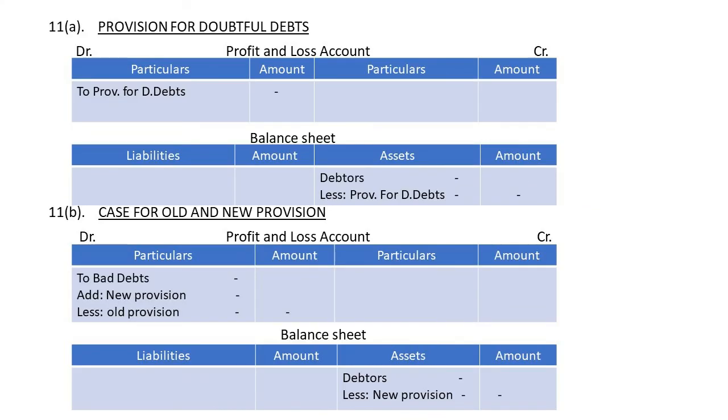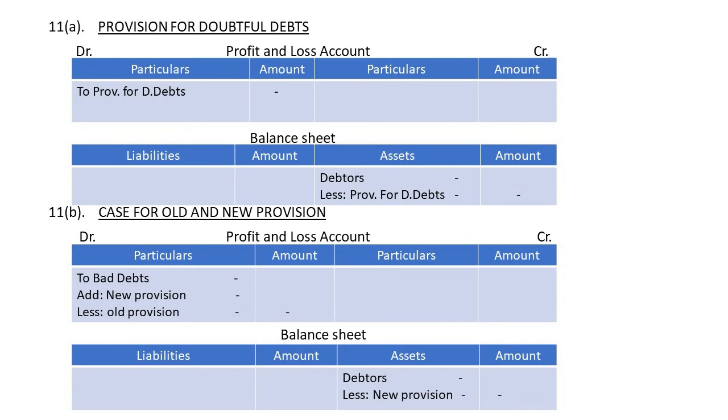Now, in every business, bad debts do happen. And following the concept of conservatism, what businesses do is create a fund with a fixed percentage on debtors every year to cover such unexpected losses. So, the accounting treatment of provision for doubtful debts will be that firstly, it will be shown on the debit side of profit and loss account, and then secondly, it will be deducted from the debtors on the asset side